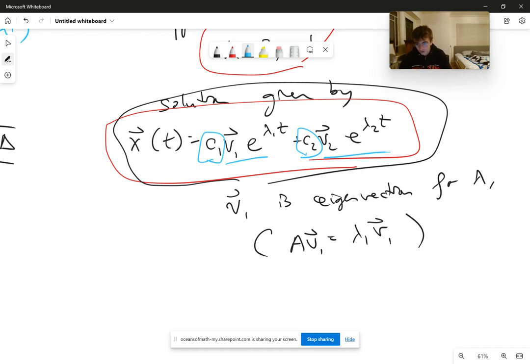In the cases when they're not, this is no longer our solution form, because we don't cover the whole space. But in almost all cases, we're going to have two eigenvectors that are linearly independent. And then if you give me any initial data, I can construct a solution of this form. And using the theory of differential equations, I can prove that since this linear equation Ax is as smooth as you could possibly get,